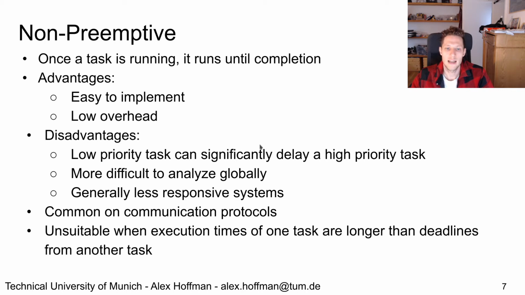The disadvantage is that if we have a system with multiple priorities, the higher priority tasks will have to wait for these lower priority tasks to finish execution. Therefore we can incur very large delays of high priority tasks as a result of lower priority tasks, which can be undesirable. But you choose these properties of your system, preemptive or non-preemptive, given whether it fits the application that you want to implement. Now,